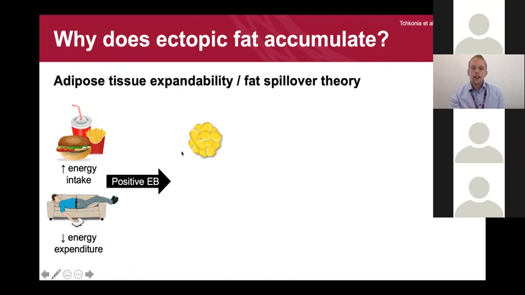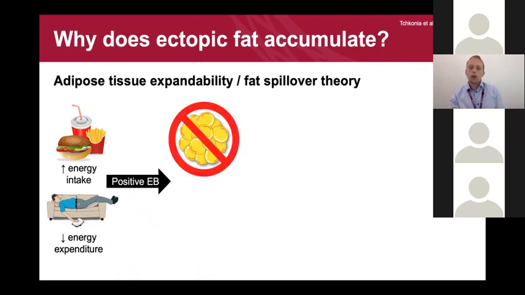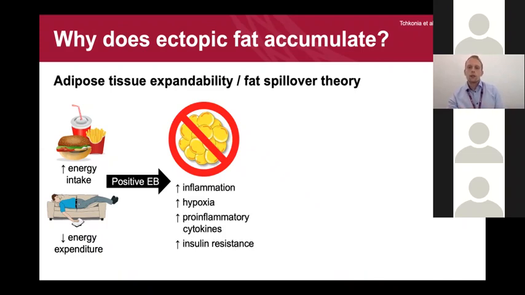This excess of energy can be stored in our subcutaneous fat, like we mentioned before, and over time, a chronic excess of energy leads to an expansion of our subcutaneous fat stores. But there becomes a point when the cells can no longer expand any further. What happens here is that the cells tend to become inflamed and starved of oxygen, and they also produce these